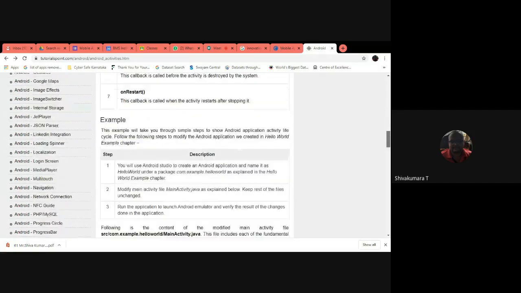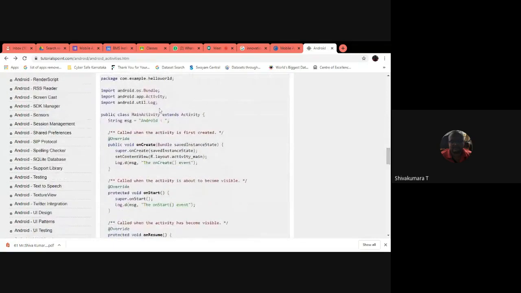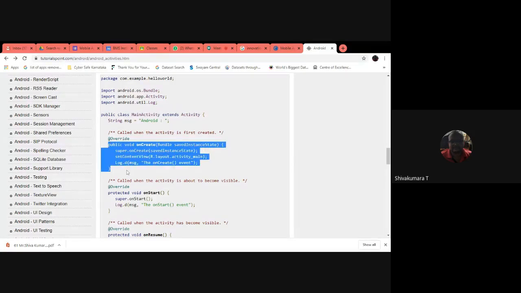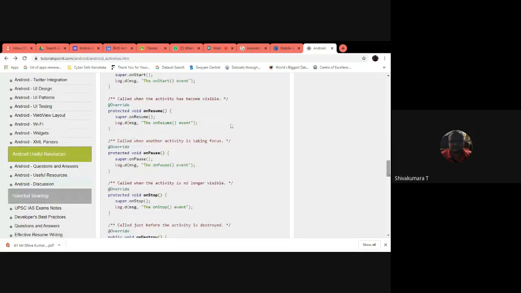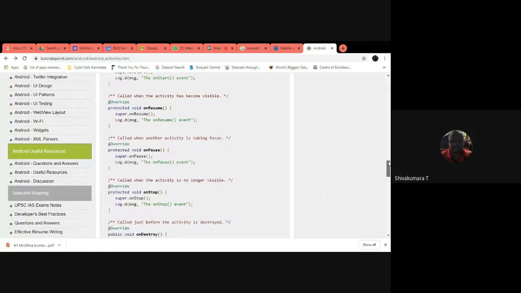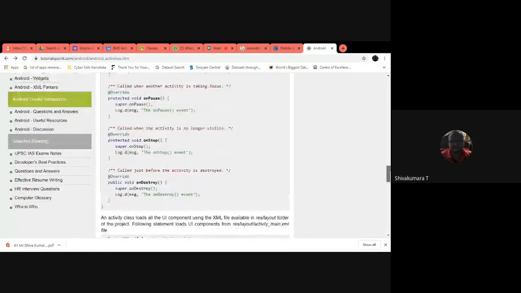For example, you can observe that usually we use the onCreate method in our code most of the time in our lab hours. The remaining we are just ignoring, in the sense that within Gradle itself, onResume, onPause, onStop, onDestroy and so on are taken care of.